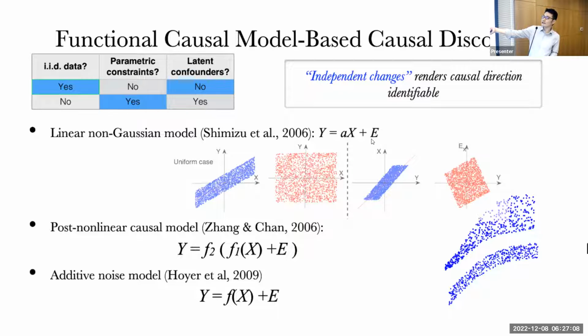In the first situation right here, X and noise are uniform, as you can see from here. They are uniform, not Gaussian, right? And then if you regress Y on X, essentially trying to recover this causal mechanism, the noise or the residual would be independent from X, right? Because they are originally independent. Now you just recover the true process.